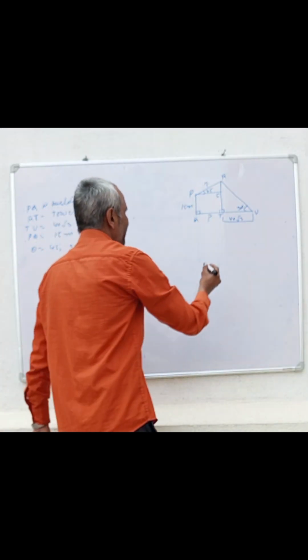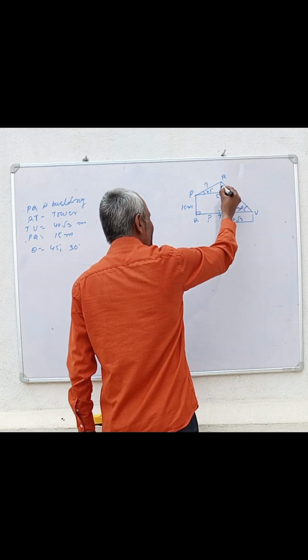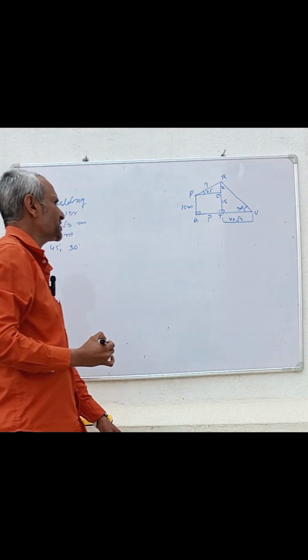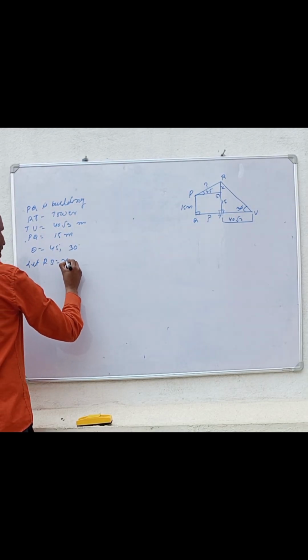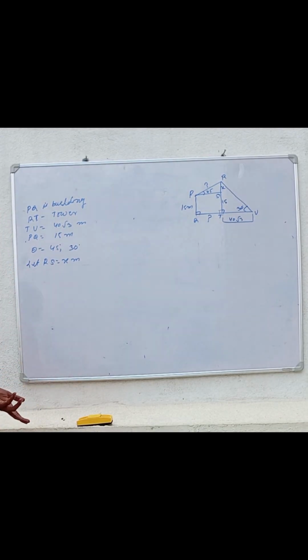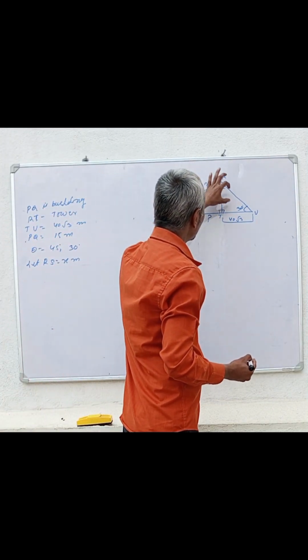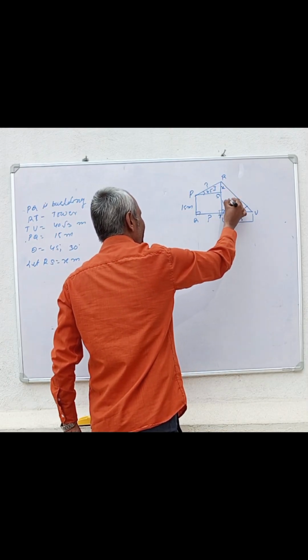So this becomes a rectangle. Rectangle means opposite sides are equal. So this is the 15 meter. Let this be x meter from here. RS is equal to x meter. You can take the RS only. Now we are taking this one first. This triangle take. Let the first this triangle taking here. Then this is the second triangle.